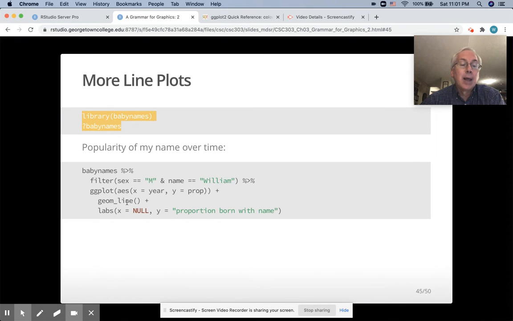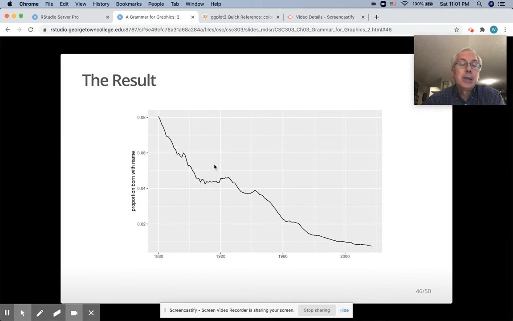And then I'm going to add a line running through the points, and add a label on the y-axis. So let's see what happened with babies named William over time. We can see that it was very, very popular back in 1880, and the popularity has declined relatively steadily over